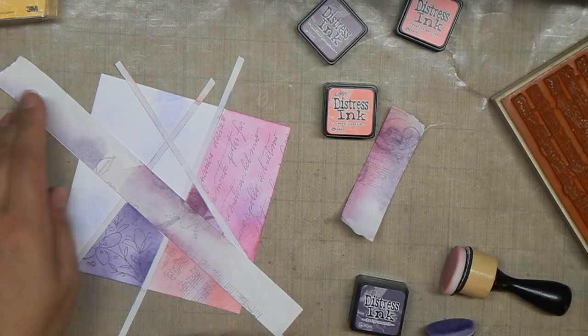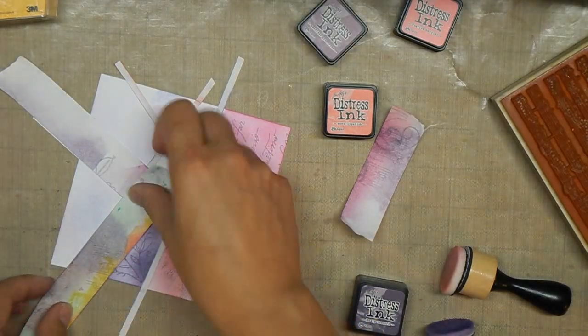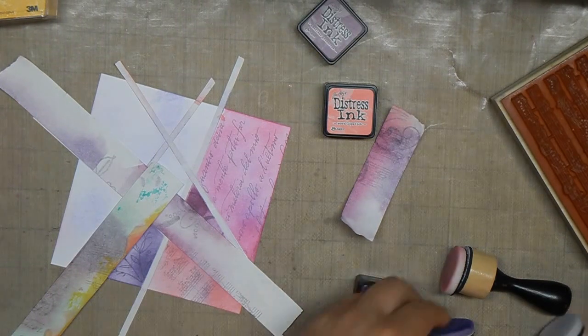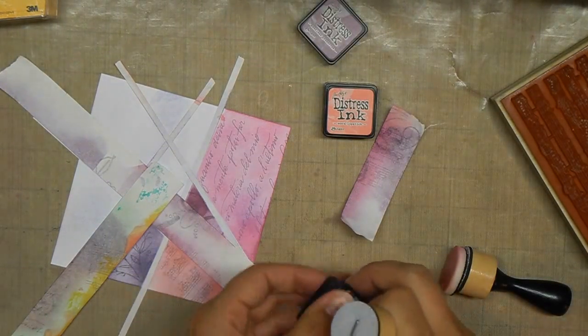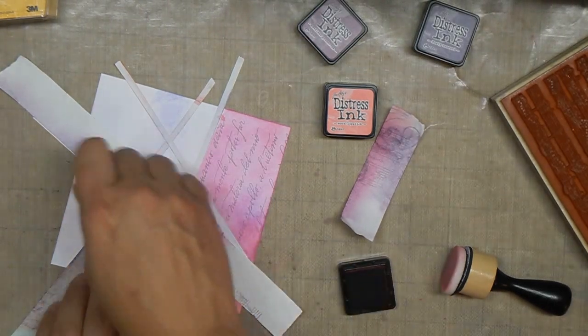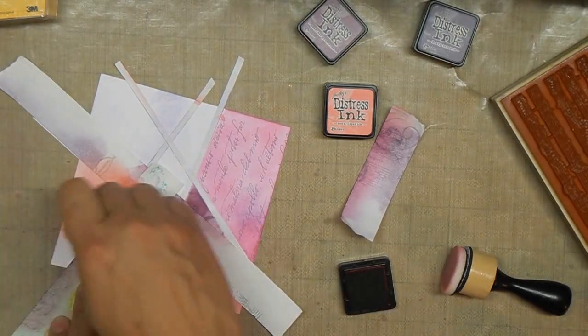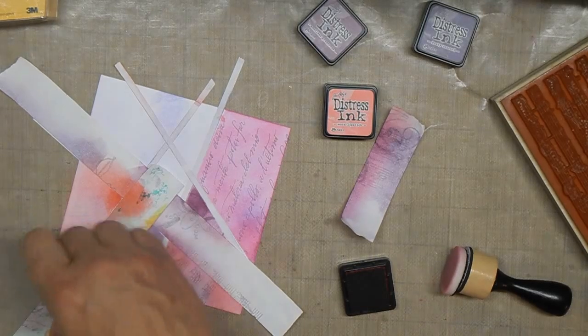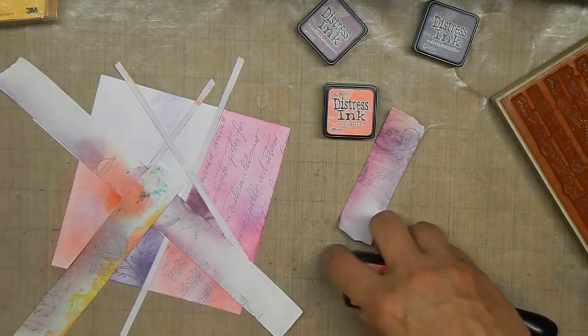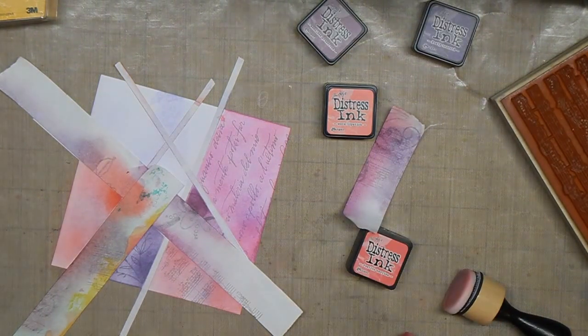Edges are usually the easiest. You only have to put 2 pieces down. We'll go up to now, this one is Festive Berries. Big bright one. And I think we will put on this one,